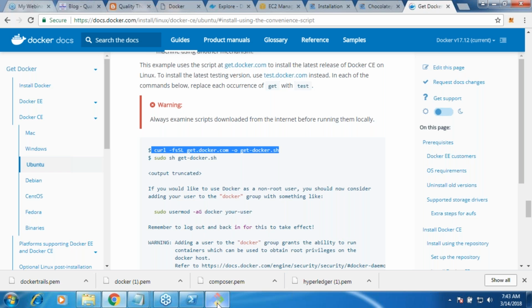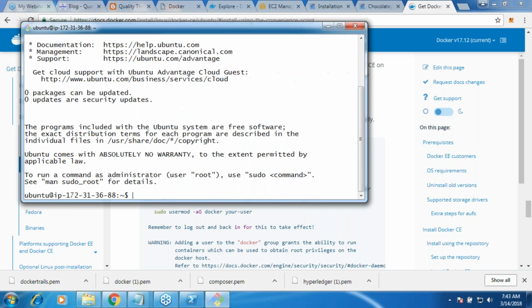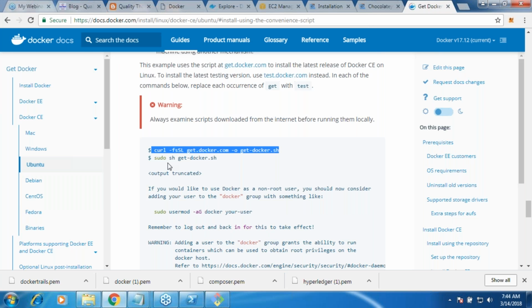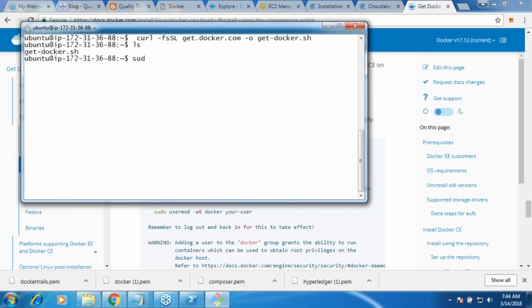So let me go ahead and try doing this. Are you seeing the get-docker.sh file? And then the second instruction also he has given you what you have to execute: sudo sh get-docker.sh. This you can install on Red Hat also. Any operating system it will work because that shell script which is downloaded has an intelligence of how to work out what your operating system is and how to make it work. It will work on any flavor of Linux.